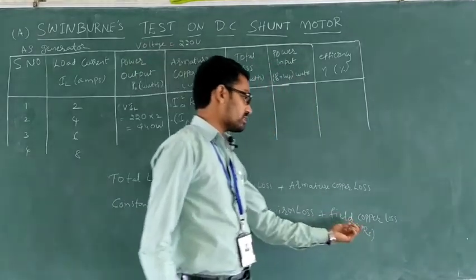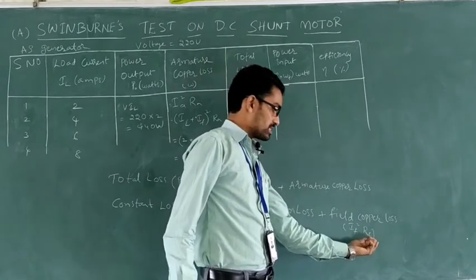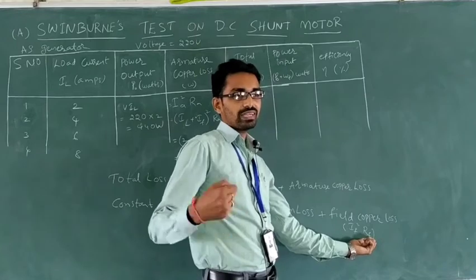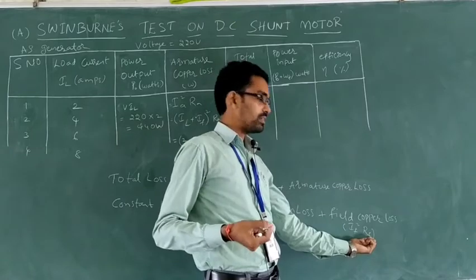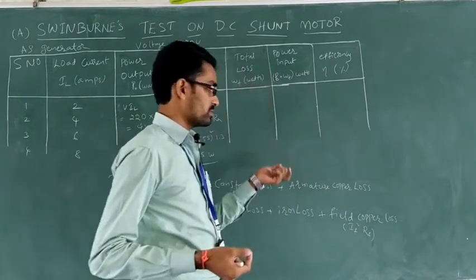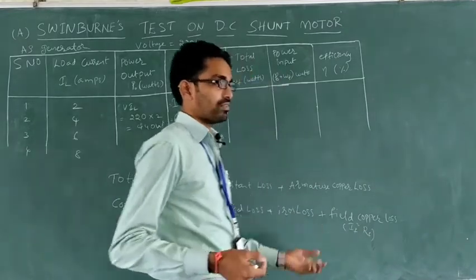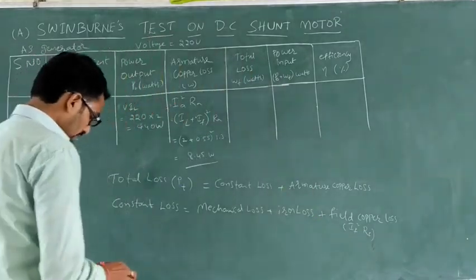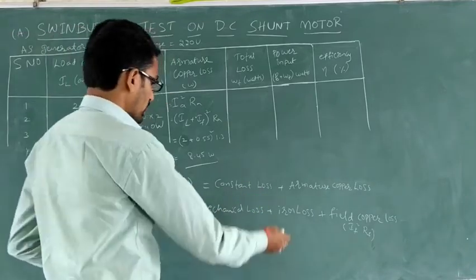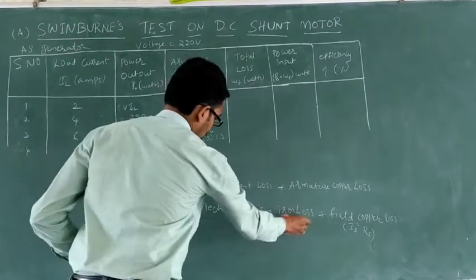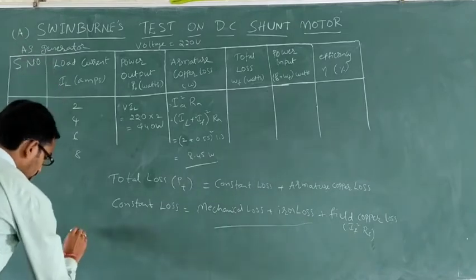So how are we going to get this Rf value? We get the Rf value if we measure the field resistance between the field terminals of the machine. As you have Z and ZZ terminals of this DC machine, if you measure the resistance between Z and ZZ terminals, you are going to get Rf. That Rf value is 2.9 ohms. We have measured that, and you don't know what this mechanical loss plus iron loss is, so I'll write the formula for that.